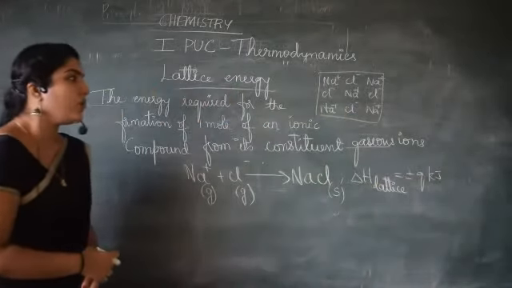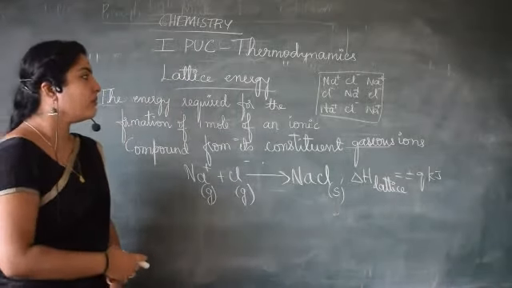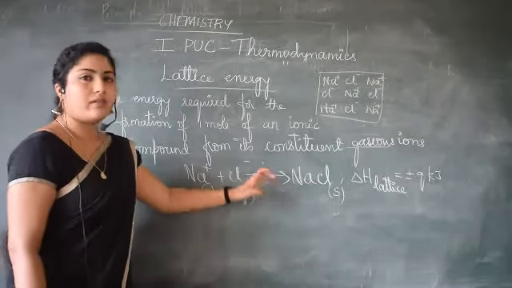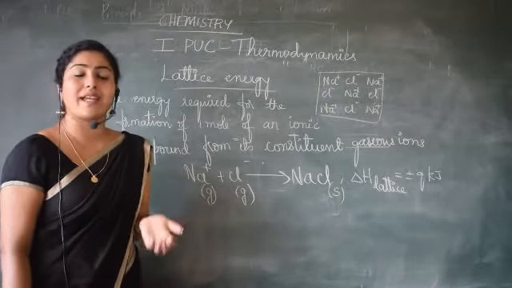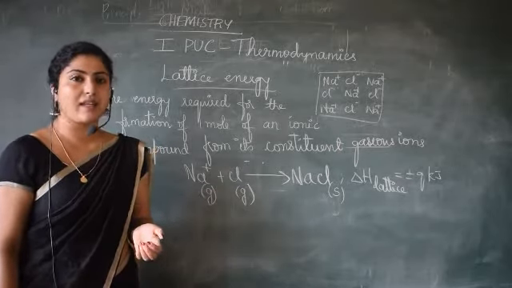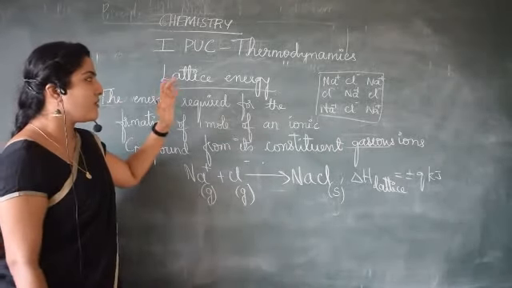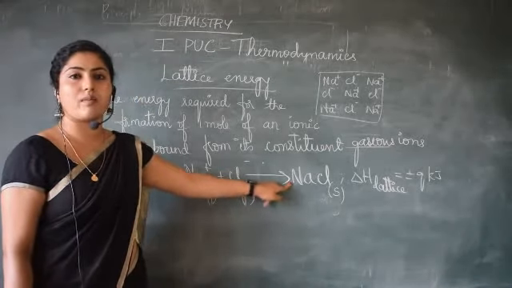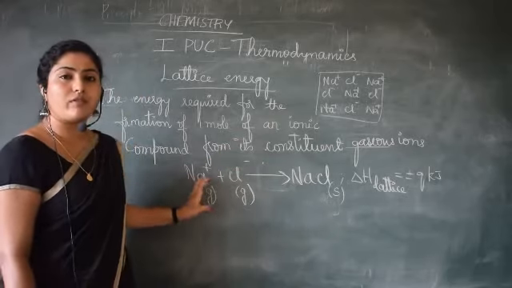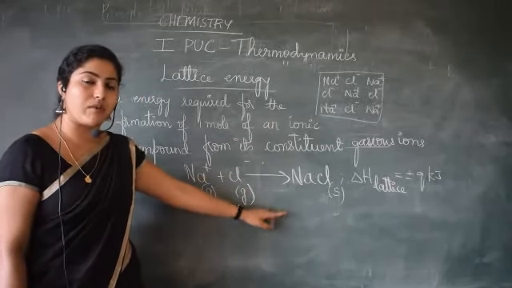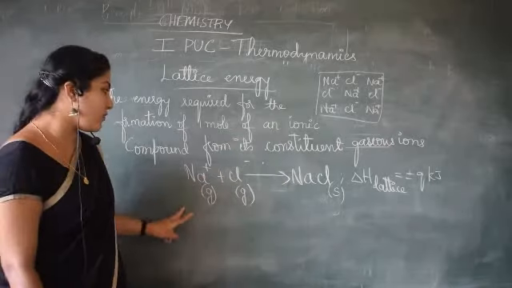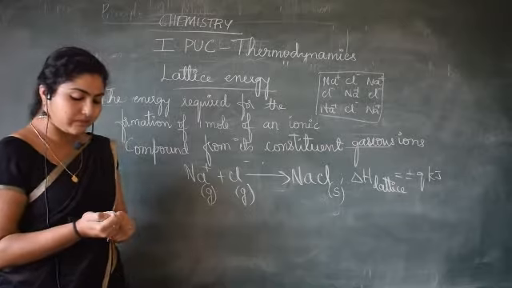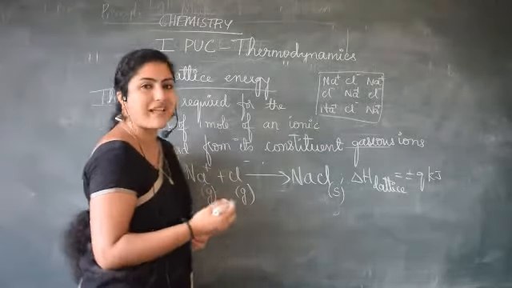Generally you write it. We will study a cycle called the Born-Haber cycle, very important one, based on lattice energy. How we can calculate this lattice energy we will be studying in the upcoming videos. So generally you should be knowing what a lattice energy is. For the formation of 1 mole of ionic compound, the energy required, that too when 1 mole of compound has to be formed from its constituent gaseous ions. So that is a condition. So we will discuss further concepts in the upcoming videos.